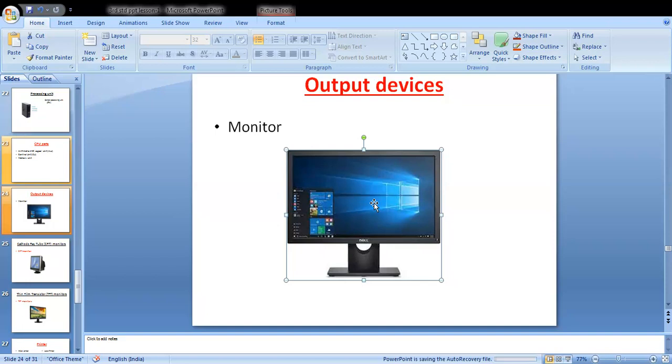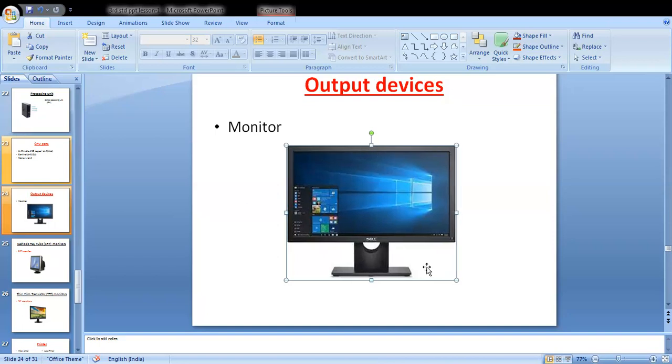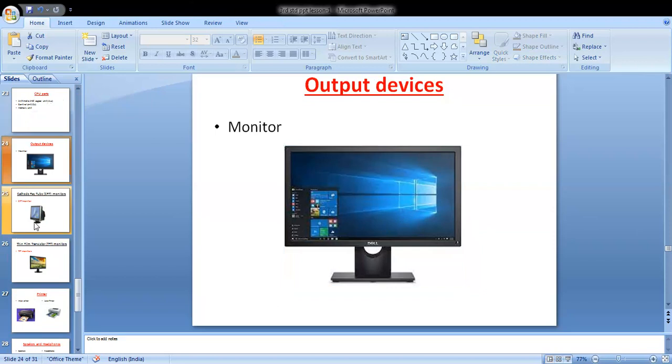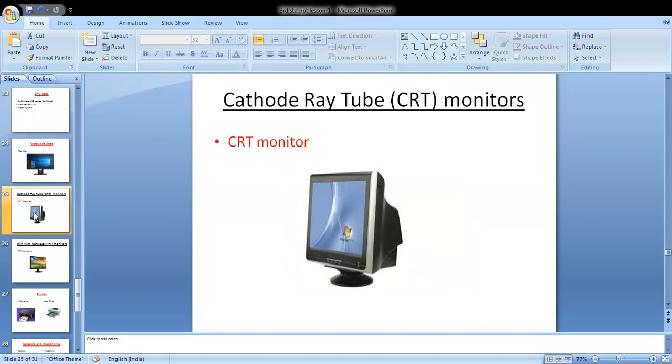Output devices are used to display the results of processing to the user. Means when you are drawing images with the help of mouse, then it will get processed in CPU and you can see that on monitor.